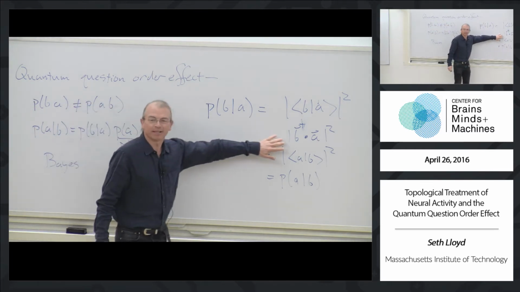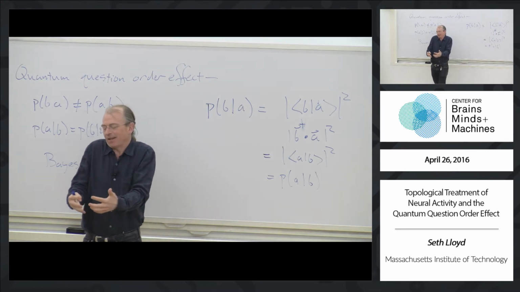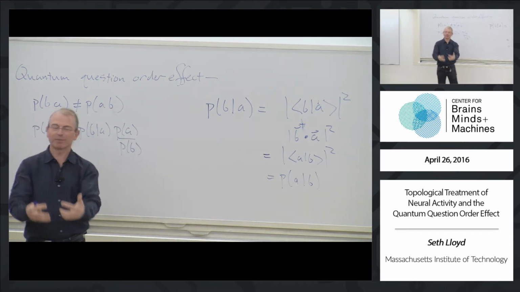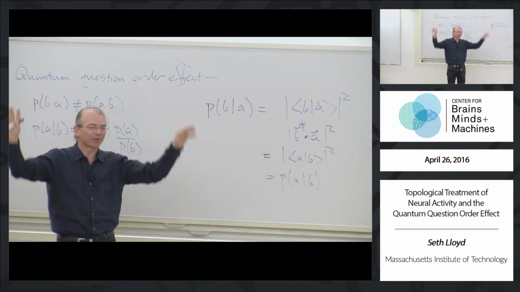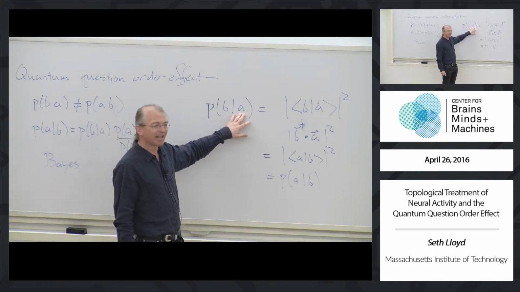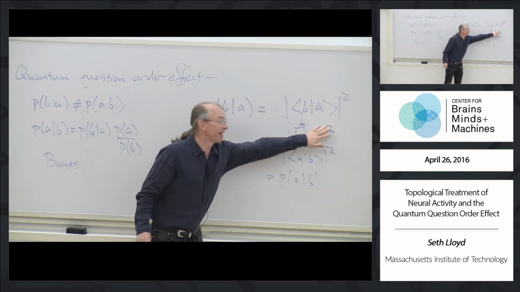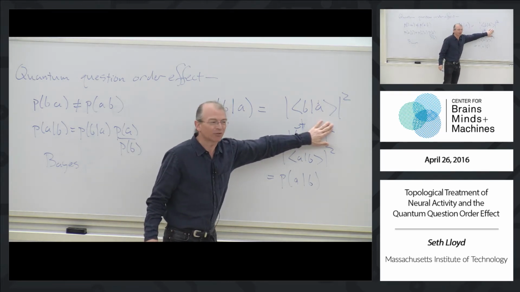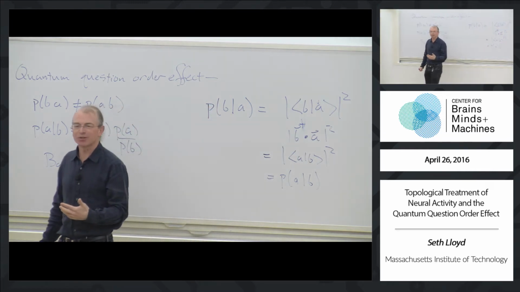Because you see, that's what really is required for this quantum order effect. This quantum order effect, if indeed there's some dynamics which can be accurately described by brain processes corresponding to vectors in a high-dimensional space, and then it turns out that if you're in vector neural state A, your probability of going to neural state B is proportional to the overlap. It doesn't even have to be the overlap squared. It could be any function of the overlap. Then that would explain this quantum question order effect. And actually, when I phrase it in those terms, that actually sounds kind of plausible.